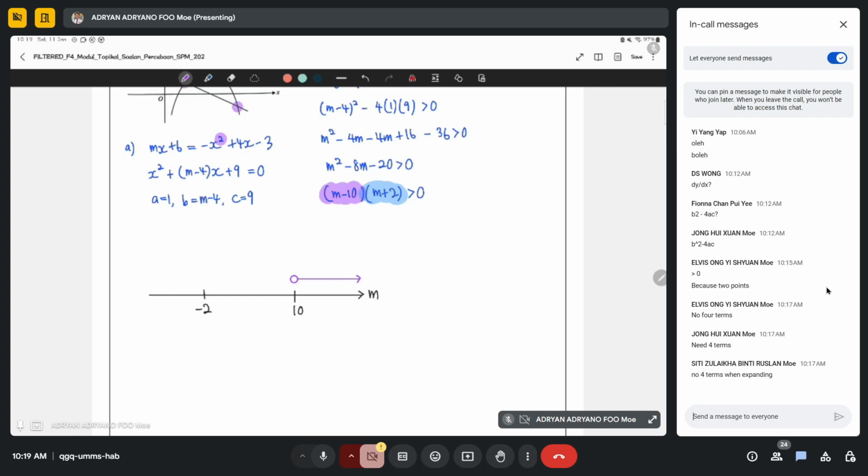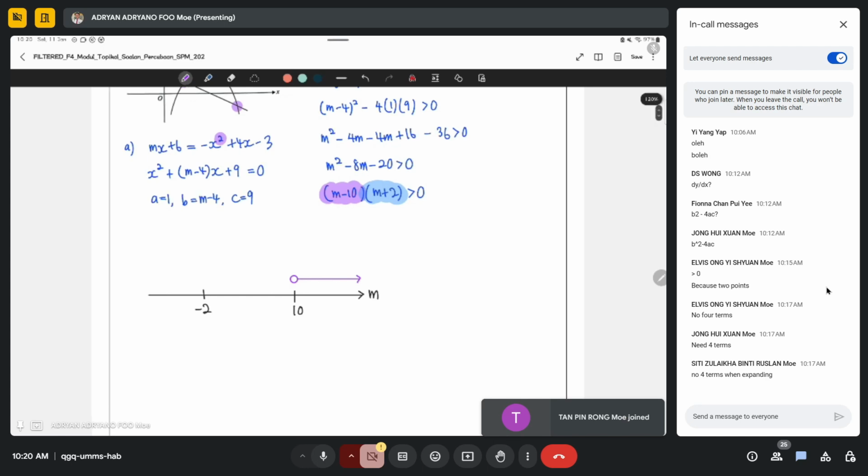Okay? And then one more is m plus 2 more than 0, or m more than negative 2. So we put blue color here. 为什么我是用空的那个圈？因为它是 more than, not more than or equal. 如果有 or equal, then 你要涂黑那个颜色。